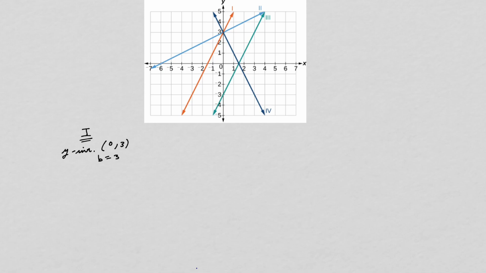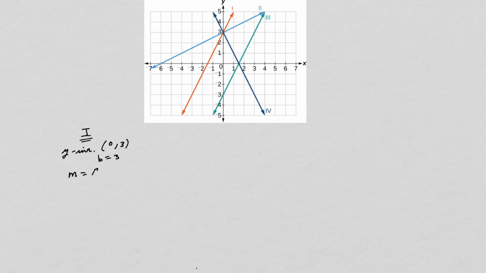Yeah, so let's look at it again. If I start here, I need to go 1, 2, 3, 4. So the rise is 4 and over 2, and I'm back on the line. Or you could say 1, 2, 3, 4, 5, 6, and then over 3, right? And then you're back on the line. So in either case,